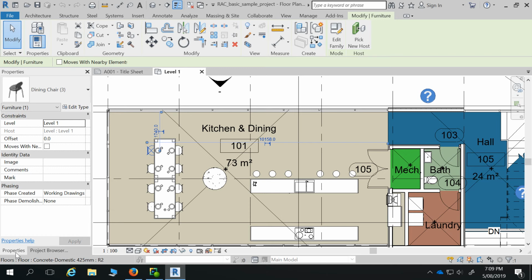The other types of things in this one is that there's images, comments, marks, and then there's a bit about phasing as well. So phasing is all to do with at what stage of the project it's going to be visible or come into the project, etc. So we might have